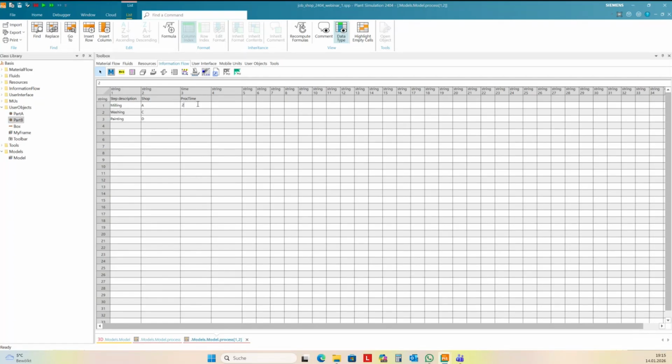Okay, then 2 hours, 20 minutes for washing, 2 hours for painting. And now we have a plan for part B.